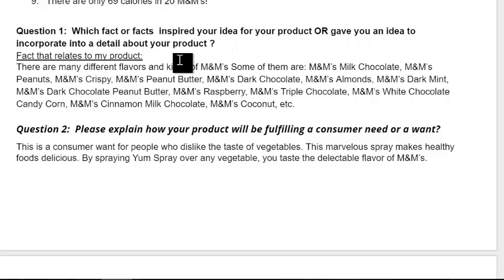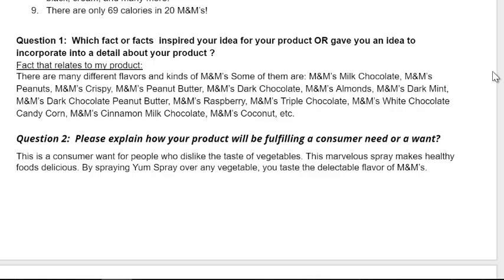So for example, this person came up with it on their own, and what they wanted to do is incorporate their research where they found out all of the different product flavors, and they are incorporating that into their product.